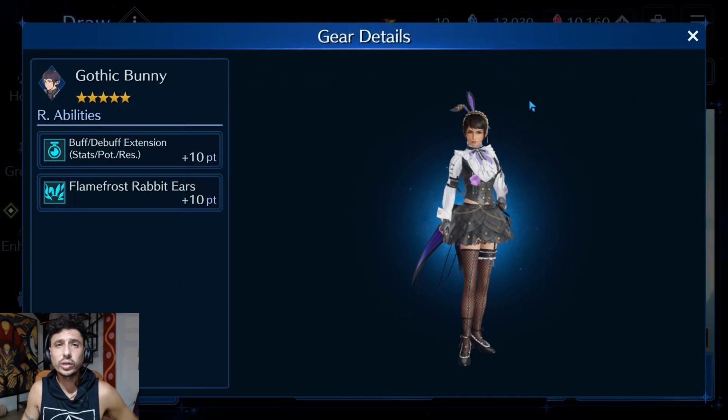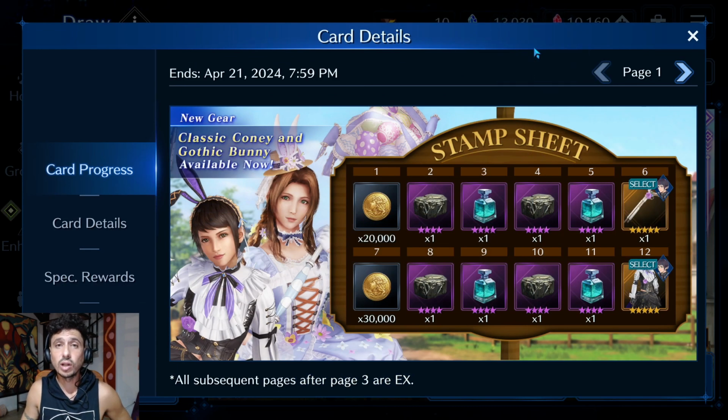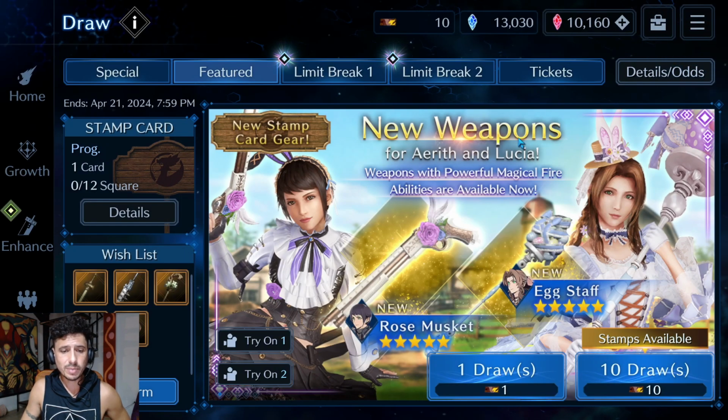I just don't really use Lucia for much. I feel like she hasn't had much viability in the game. But for those of you that do love Lucia and do use her, this is really going to open up her really well for your team if you do plan on using her. So that being said,